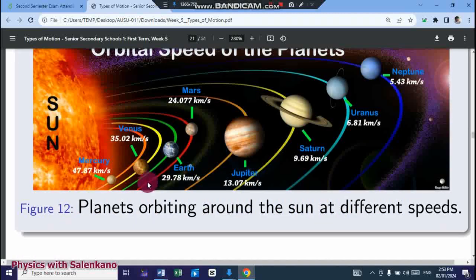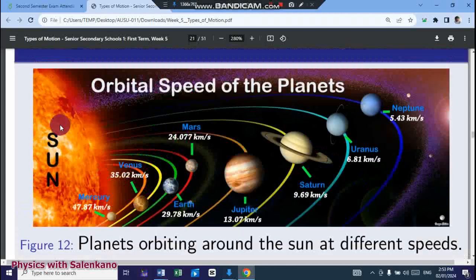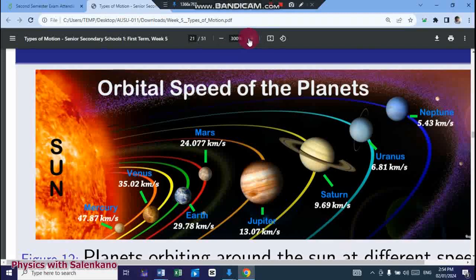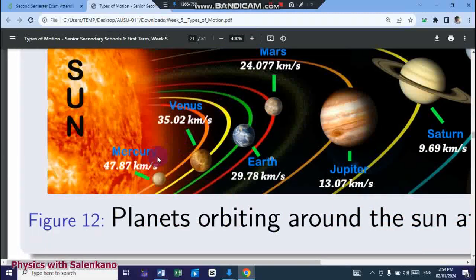Here is a figure that shows planets orbiting around the sun at different speeds. If you observe the figure closely, you will find out that the planets that are closer to the sun orbit at greatest speed. Look at Mercury here. Let me make this large so that you can see this. This is Mercury, the first one. It orbits with this speed,